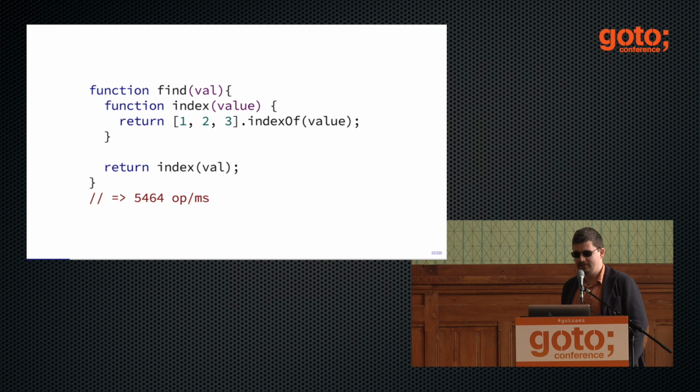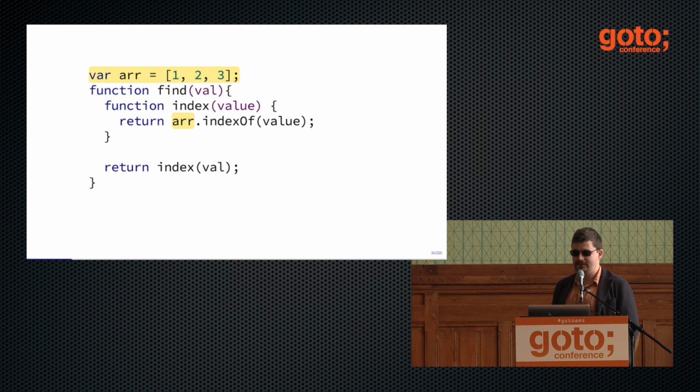When you had an array inside of the index function, the allocation of the index function itself, which happens every time that you call find function, was very expensive. It had to go to the runtime and do all the stuff in the runtime. As soon as I moved the array allocation out, the allocation of the index function was sped up considerably. And even though you allocate both a function and the array every time you call this, the allocation itself is not that expensive because it happens in the new space. It's just a bump of the pointer. It's very, very fast.